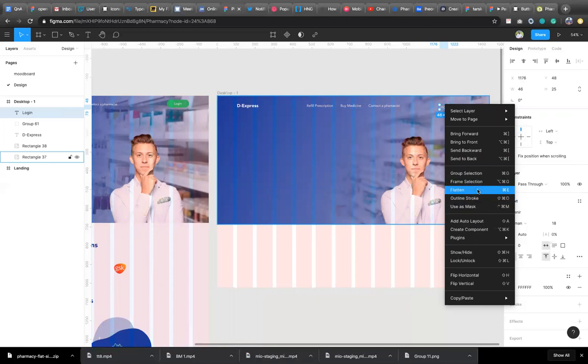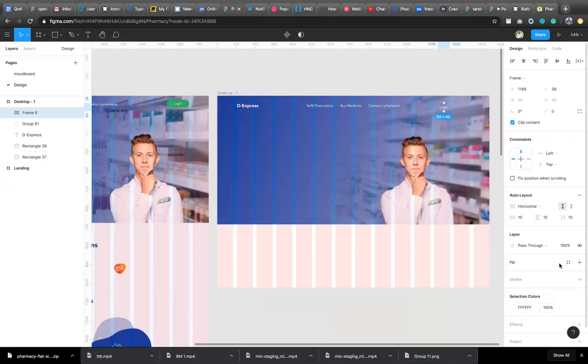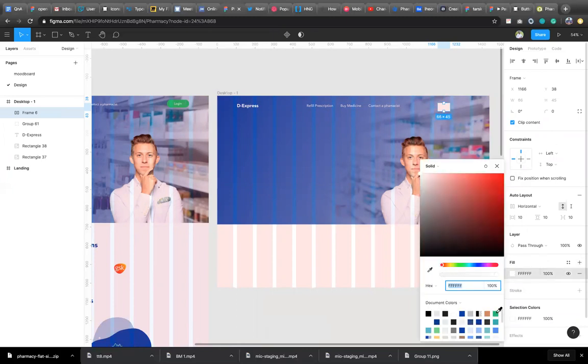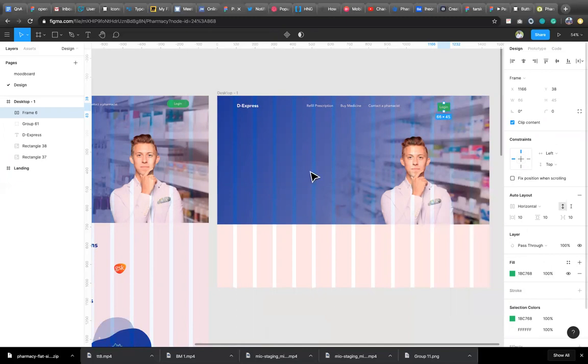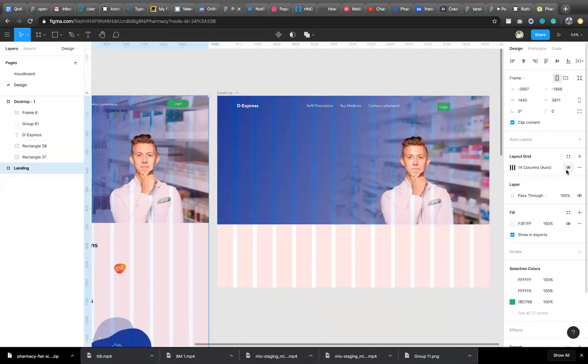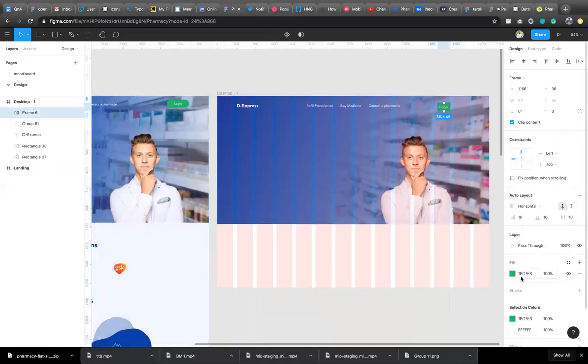So I will select add auto layout. When I select add auto layout, I can add a fill and add a color. Now, having a fill and a color,